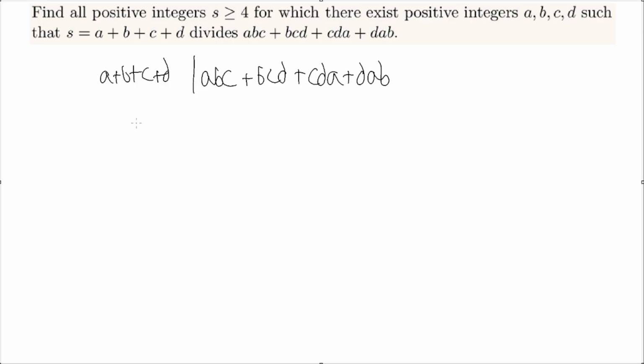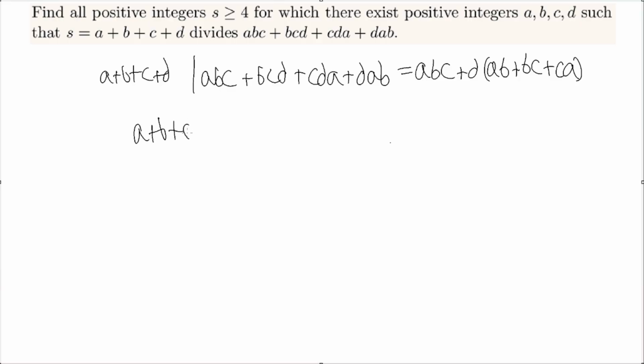And we want to somehow use the Euclidean algorithm idea from before. So with that in mind, let's go ahead and try writing it as follows. ABC plus D times (AB plus BC plus CA). So in a way, we're singling out the D. And we can go ahead and use the Euclidean algorithm to remove the D, and we get A plus B plus C plus D